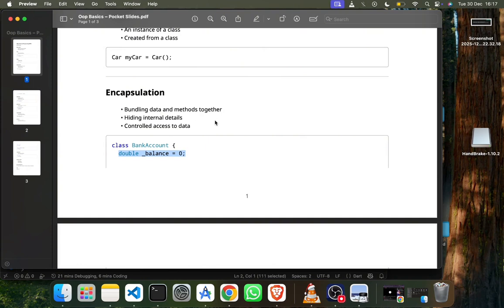That is why they cannot be accessed outside of the file where they are created, right? And of course it provides controlled access to data. So this is the concept of encapsulation. We have controlled access to data because in order for you to access any private data in our class, you will need to be provided with getters